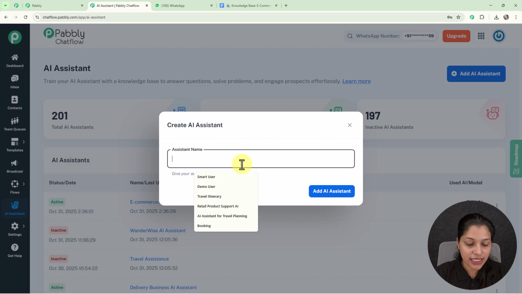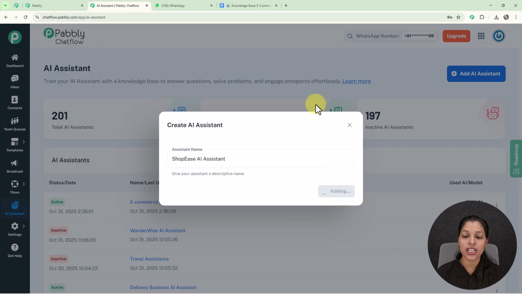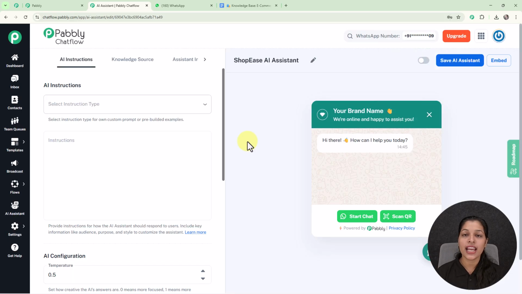So now I'm going to give it the name Shop Ease, which is the name of my brand. So here I have provided it the name Shop Ease AI Assistant. Now we just have to click over this Add AI Assistant button, and here we land on the Assistant page,